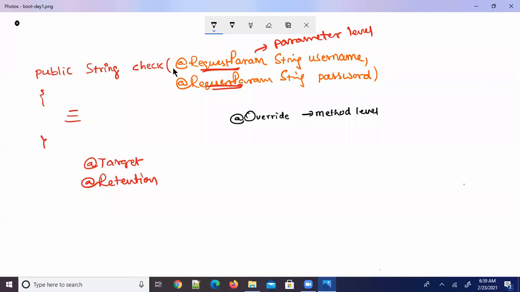While creating this Override annotation, it is created like this. This is the code used to create the Override annotation in Java. @Target(ElementType.METHOD). Like this, the target is described.